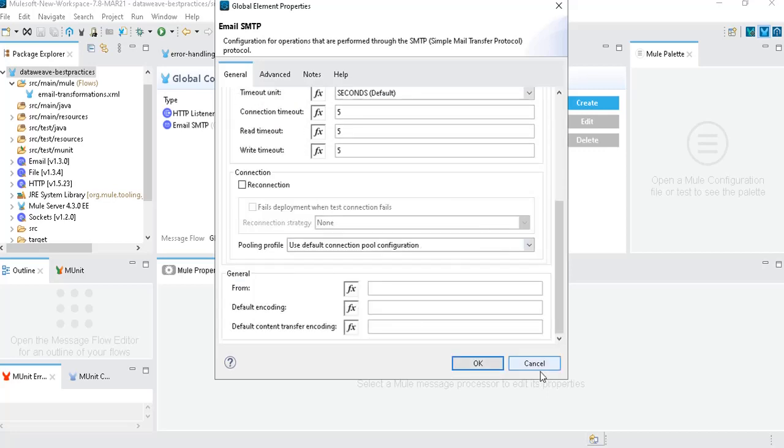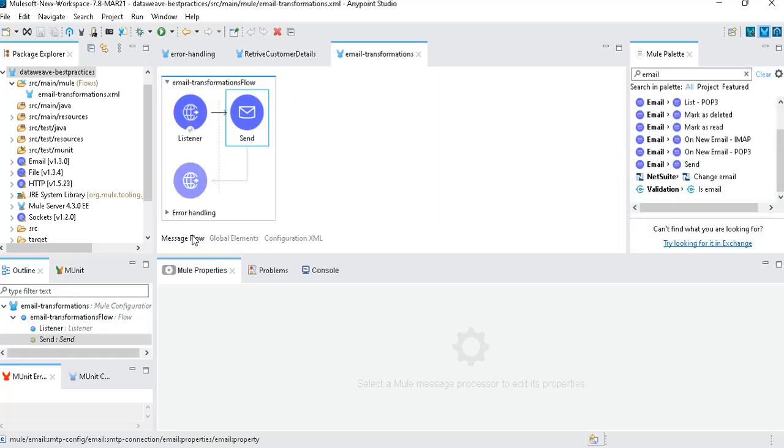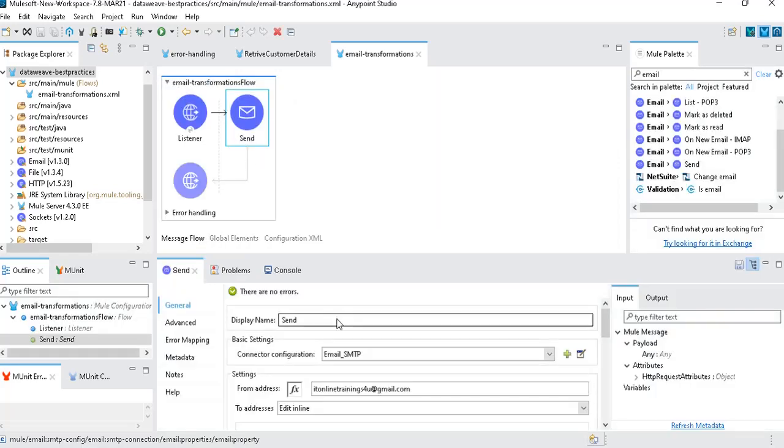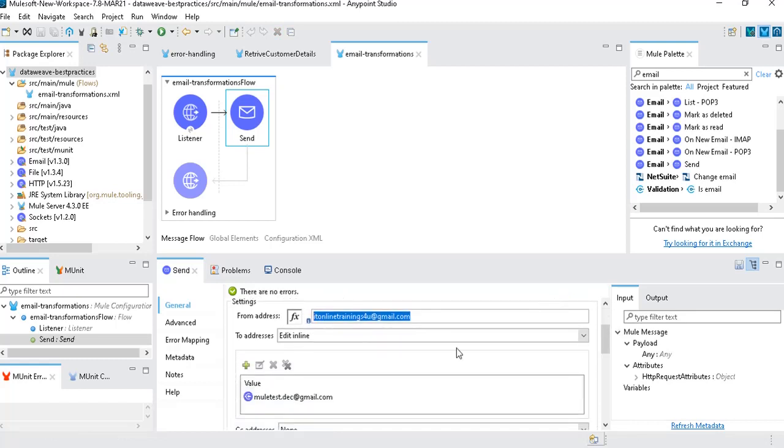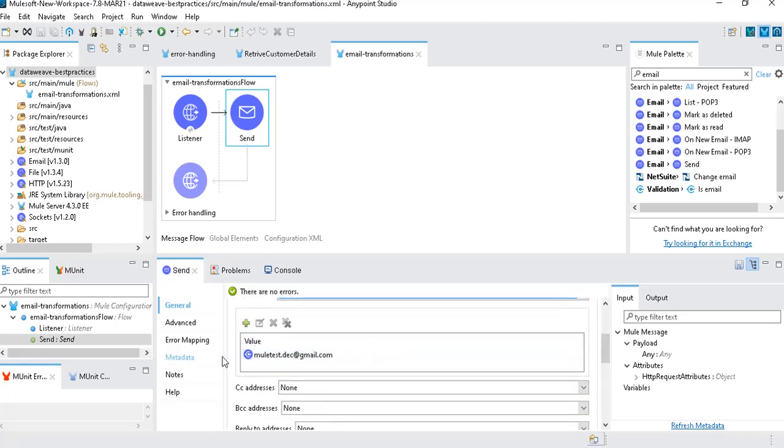These two we need to do in the global configuration, and in the connector itself you need to provide the from address, the Gmail address from which you are going to send the email, and the to addresses. By default it is bean reference or expression. You need to select edit inline, and if you want to send to multiple recipients, you can add multiple to addresses here by using this plus icon.